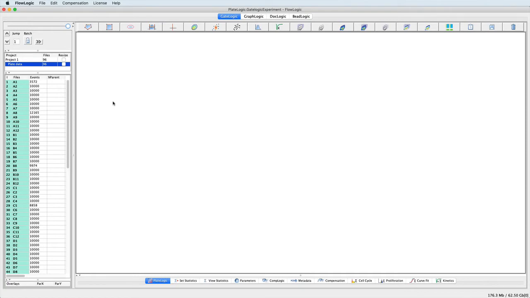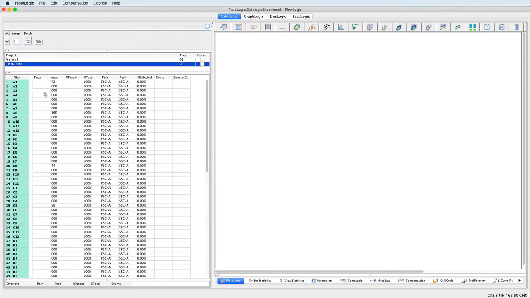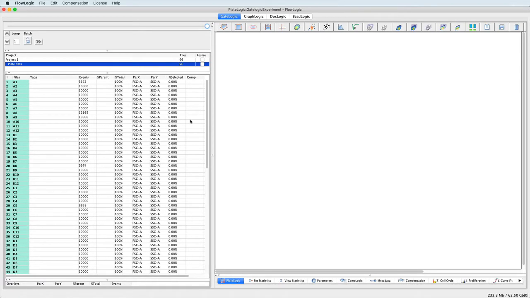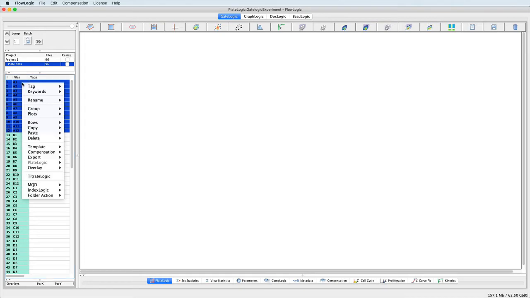Here I will use PlateLogic to perform a data array analysis, and I will use tags to help filter the results. Firstly, to help identify our tags, I will move the tags column right up next to the file name. In their simplest form, user-defined tags can be added to one or a selection of files by highlighting, right-clicking, choosing